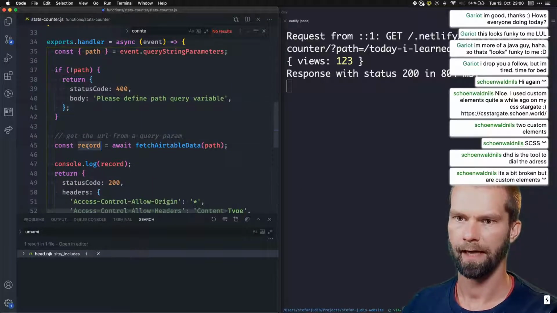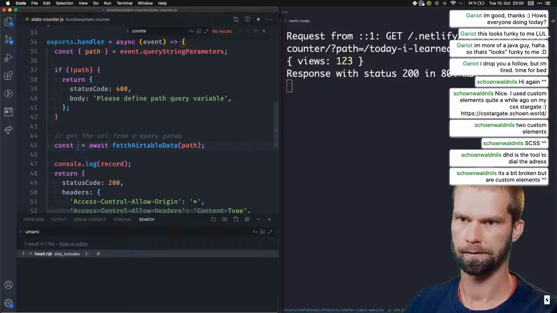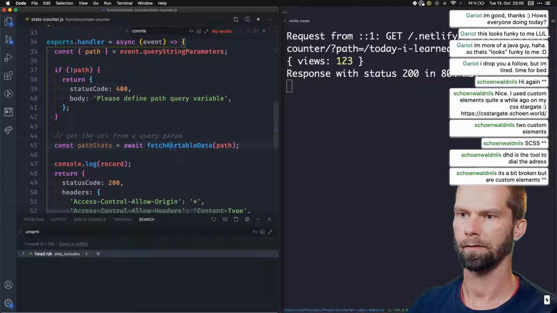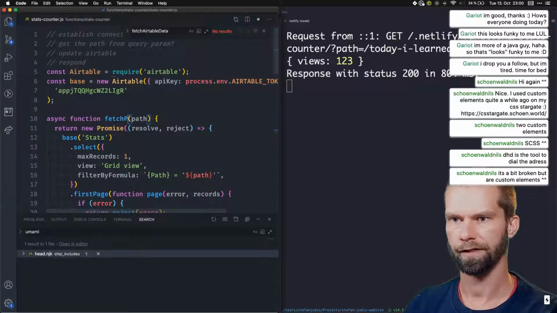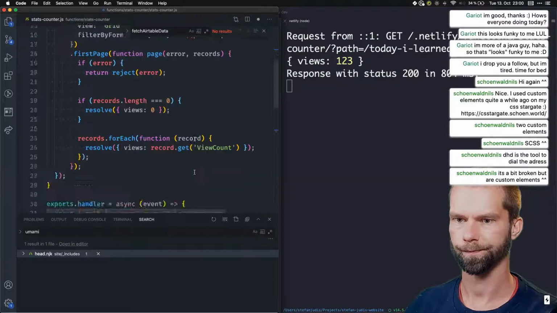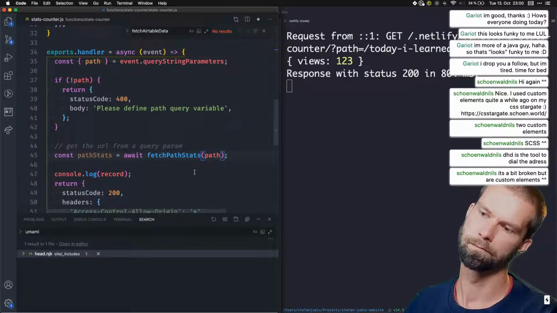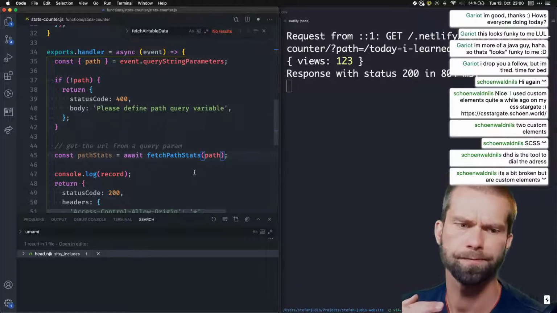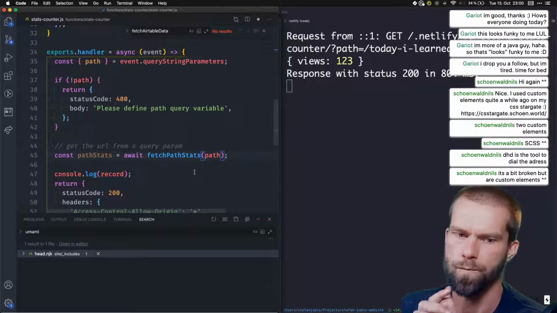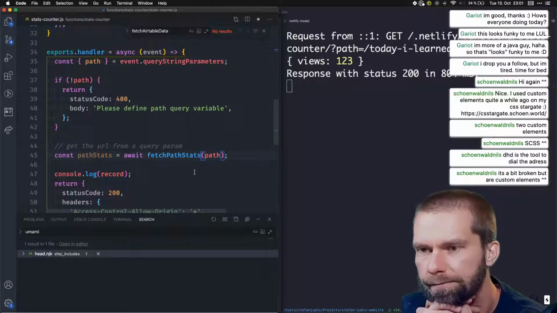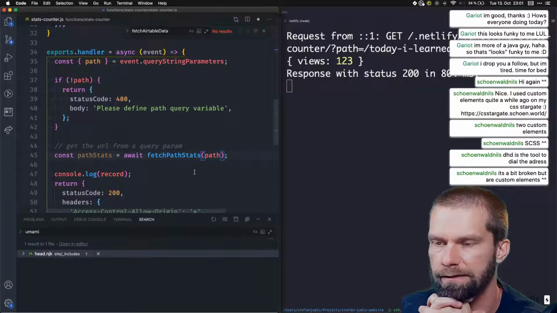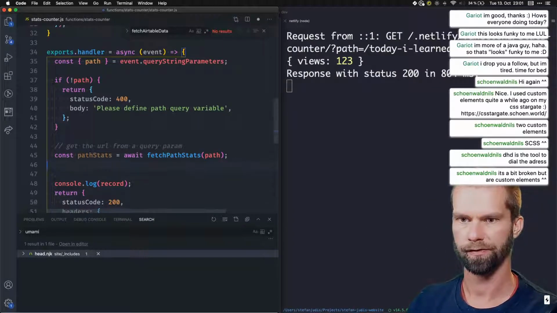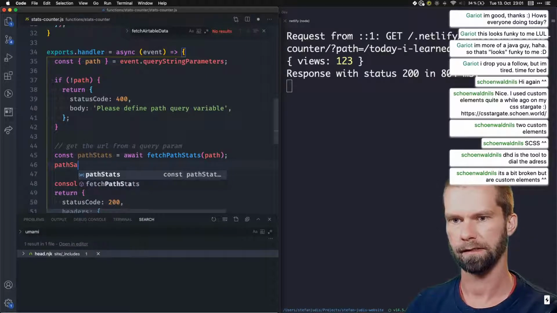So let's rename that in path stats, maybe. And we rename this function in fetch path stats. Should we fetch and update in the same run? Should we do that? Then we could do fetch and update. Because otherwise, it's two API calls anyways, right? But what we could do now is we could say path stats